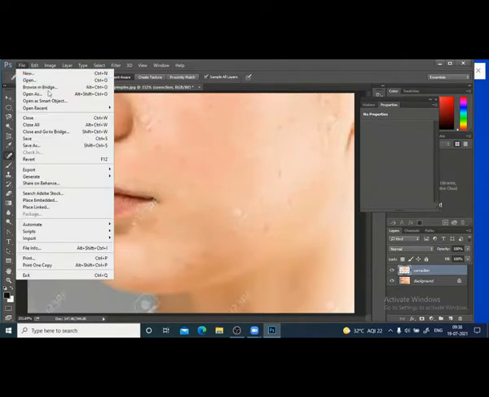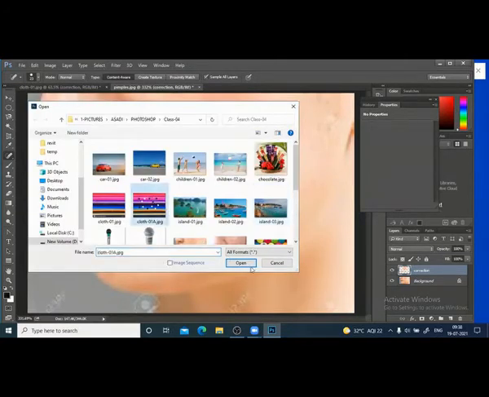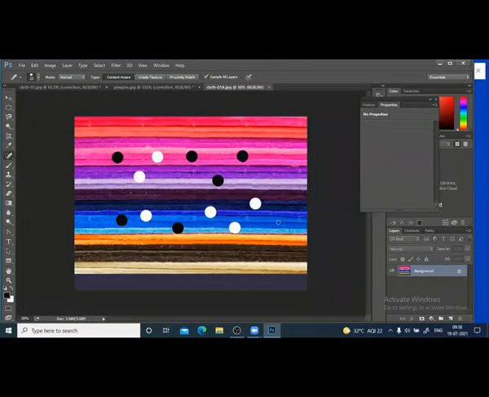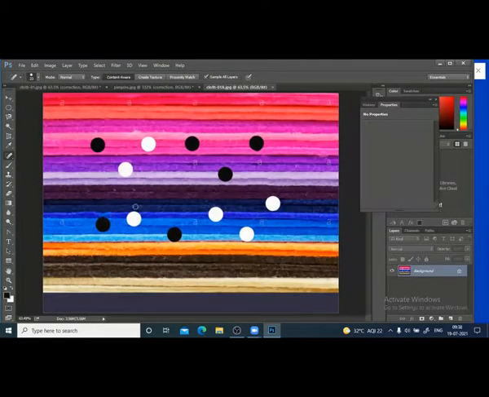File, open. This picture, Control 0 to maximize it. When I am in normal and content aware, it is very easy to remove, but there are some other dots around and other colors, and maybe it is slightly difficult to remove this. Usually normal content aware is enough. Easily you can remove it. There may be some portion where you don't want to remove something around. You want to remove only that one. It may give you some difficulty. There we can use this